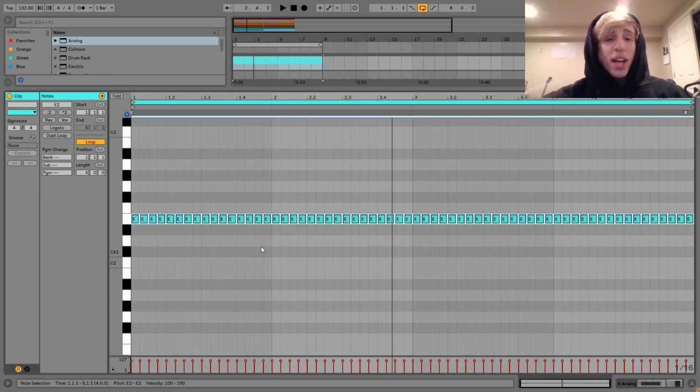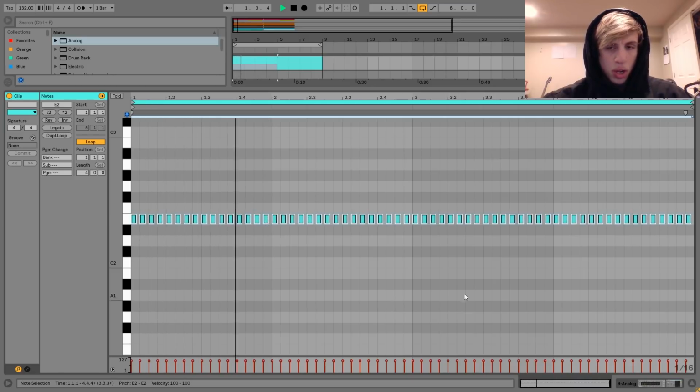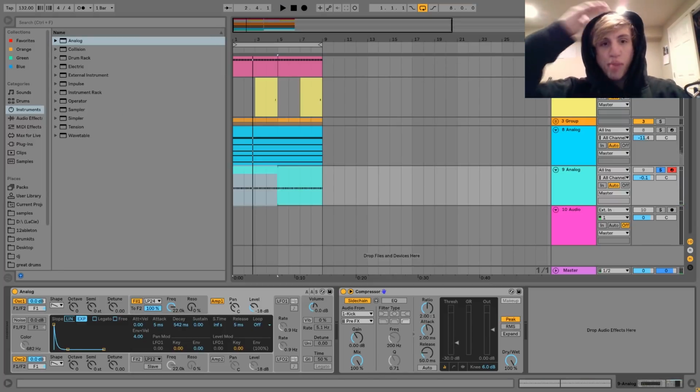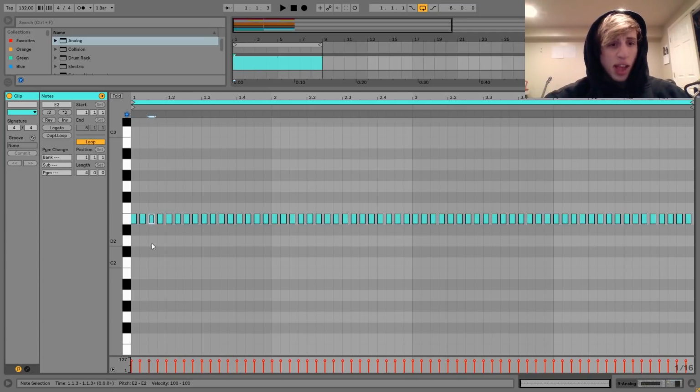And then what we can do from here is just kind of add more notes to the sequence using this pattern that we've already set out, which I'll show you in a moment. So what I'm also going to do here is I'm going to shorten these notes a little bit so they don't touch. So you get a more choppy kind of feel as opposed to just one long note with those weird things. But yeah, so from here what we can start doing is we can just start playing around with these and seeing what sounds good. Like maybe we'll do